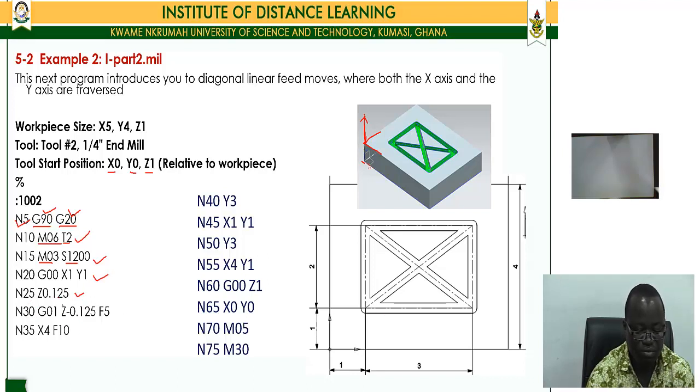Again, we give a Z 0.125 just like the first program, and then we give it a feed of minus 0.125 at the feed rate of that. Then we move to X4 at a feed rate of 10 inches per minute, and then we go to Y3 at the same speed. Then we come to X1 Y1. So from Y3 we are coming to X1 Y1, so we'll be coming this way. So the tool's direction will be from this side